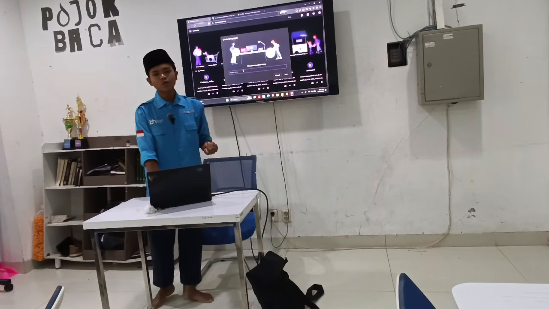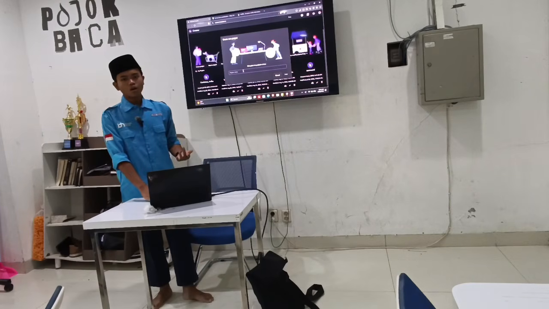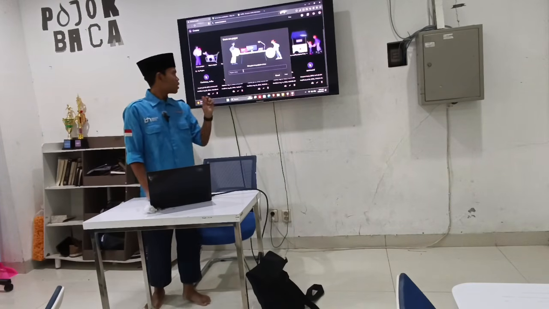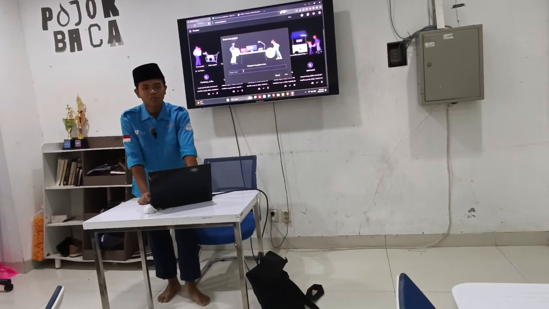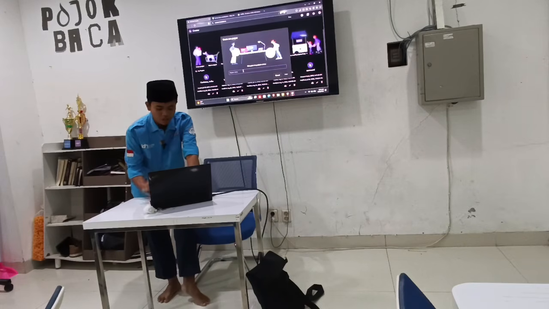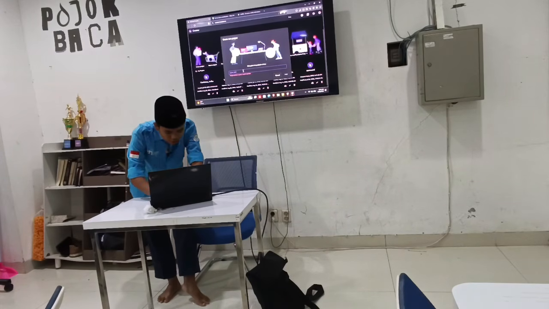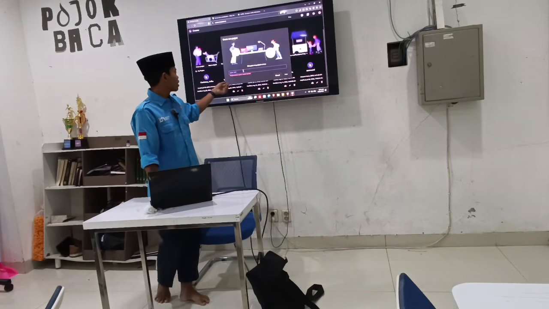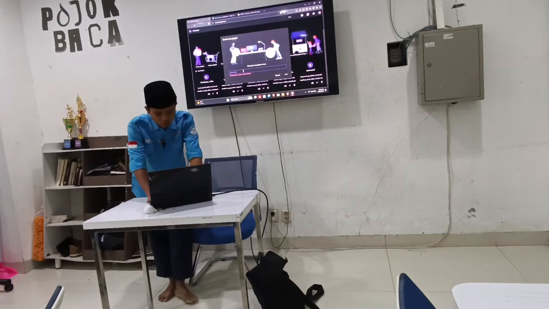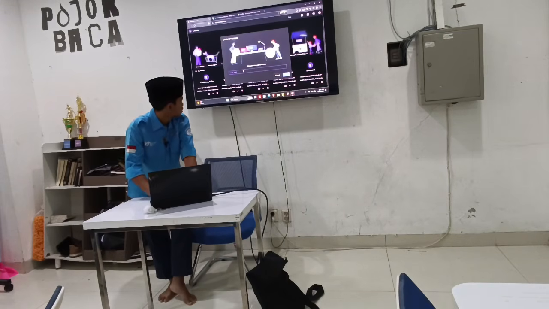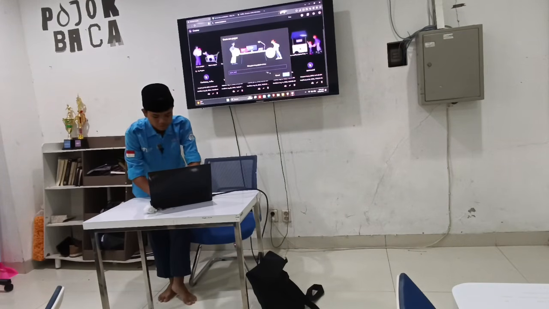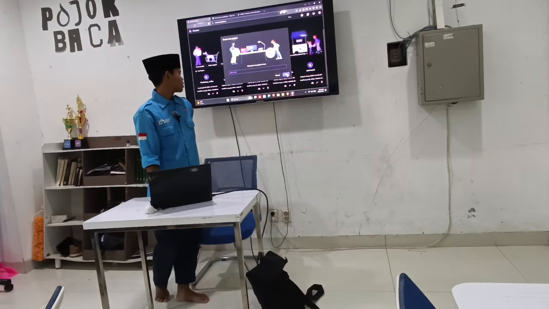For this project name, you cannot use a space or a point, but for a space you can replace it with an underscore. For example, I'm going to give it the name name card. As you can see, there is a warning that says project names cannot contain space. So I just replace it with an underscore, name_card. Then you can click next.